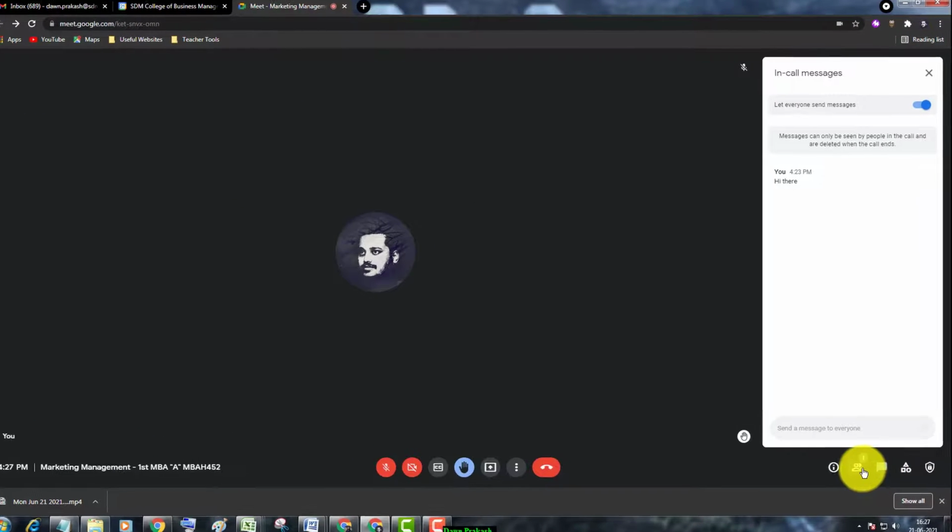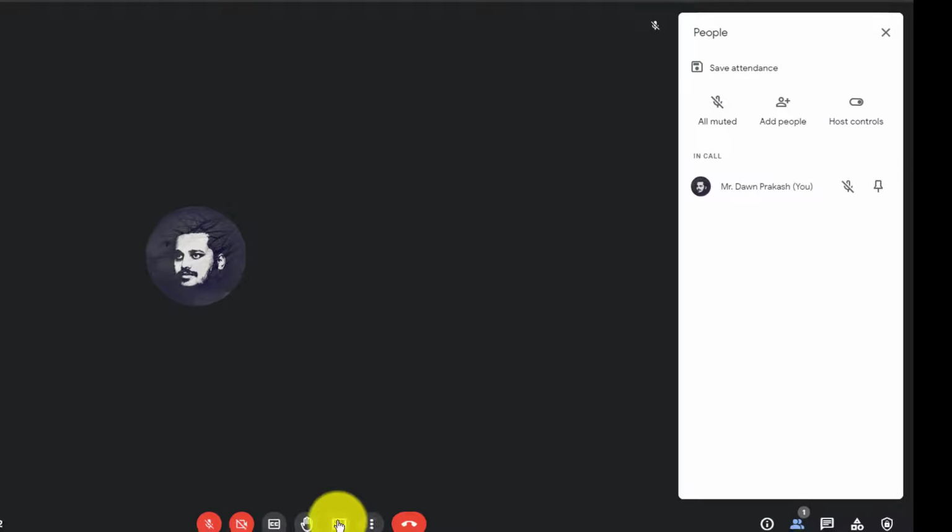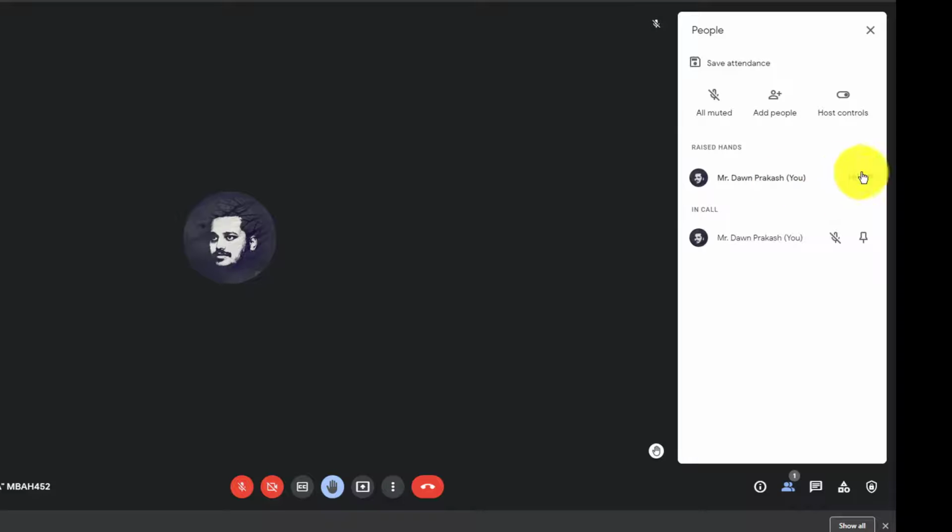So here if you see, when you click on people, the people who have raised their hands will come up. You individually as a teacher can click lower also, it goes back. So again if I click hand raise, it automatically comes here. And if there are multiple students with hand raises, you as a teacher can click lower hand, lower all, and